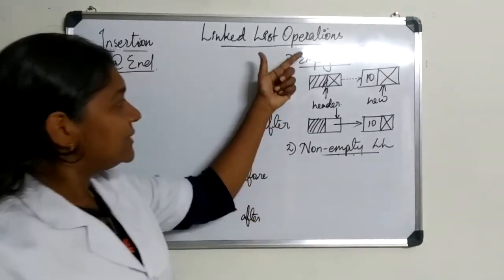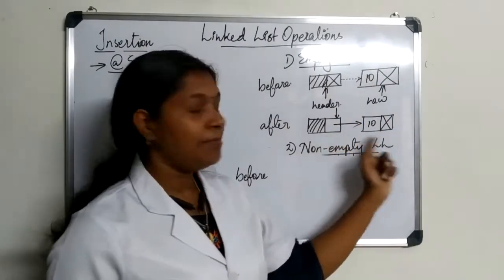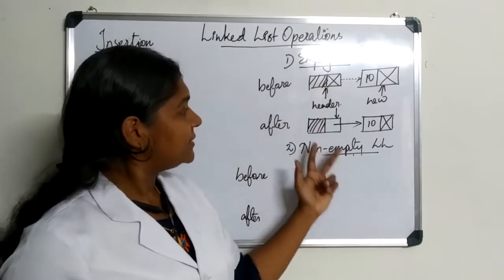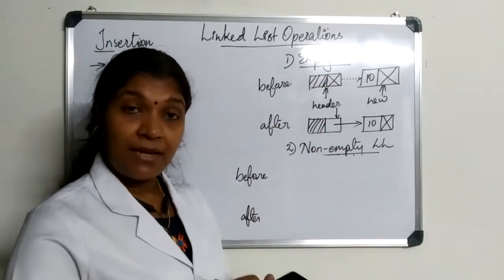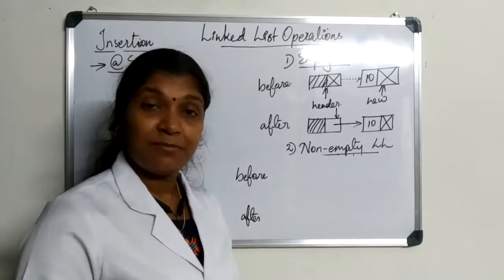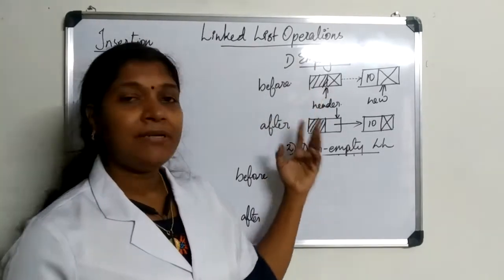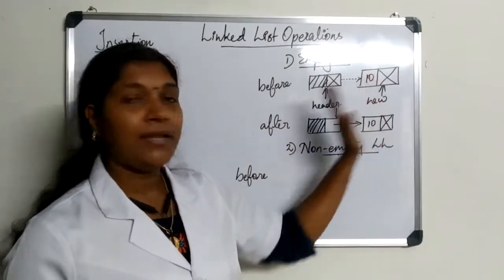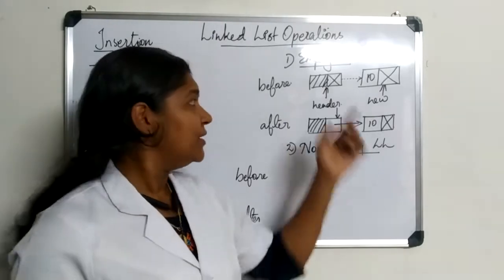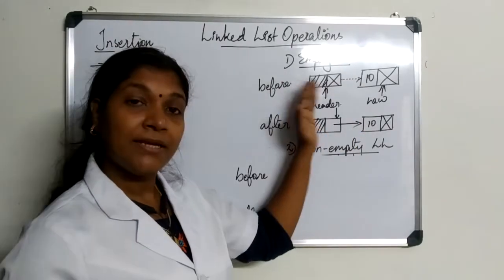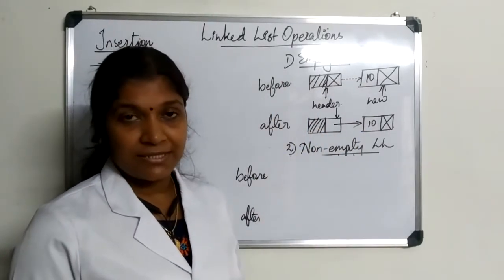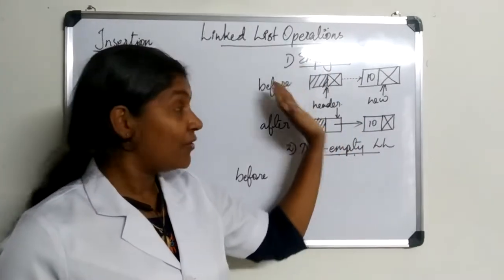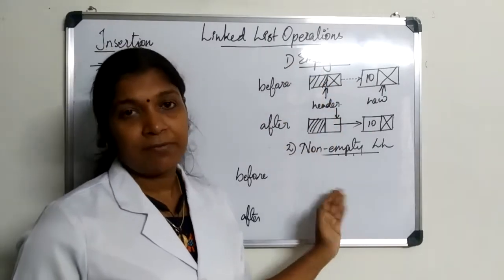So this insertion into an empty linked list part is common for all the three cases, because regardless of the cases, at the end, at the beginning, or at the middle location, an empty linked list contains only the header node, and we are adding a new node as the first node. So this diagram and the corresponding code is common for all the three cases. You need not worry about it. That is why I considered all the cases with empty linked list and non-empty linked list.